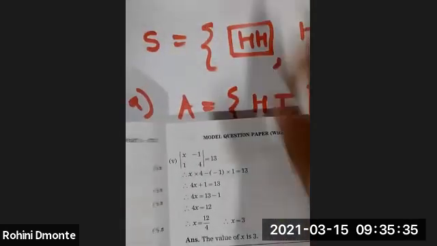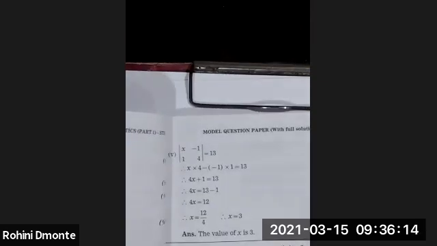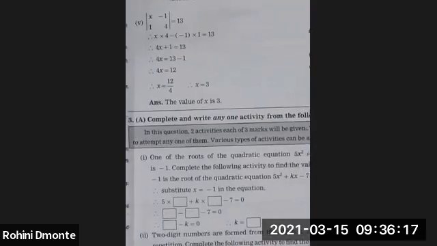See, look here. x into 4 minus (minus 1) into 1 is equal to 13. Now just simplify this. 4x plus 1 into 1 is equal to 13. 4x plus 1 is equal to 13. When 1 goes to the other side, it becomes minus. So 4x is equal to 12, and like this, x is equal to 3. 4 threes are 12. So what is the value of x? 3. Yes, friends?